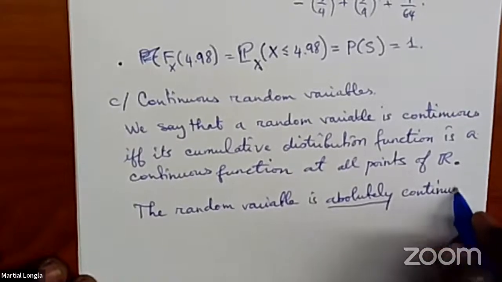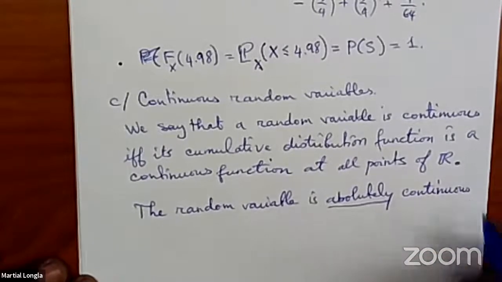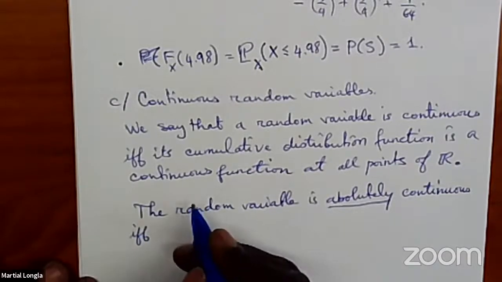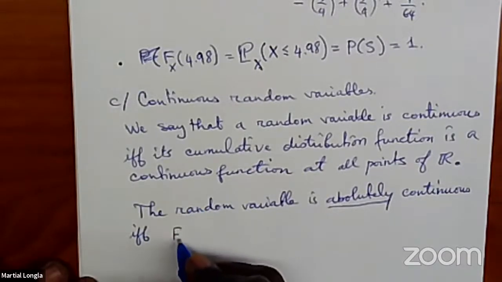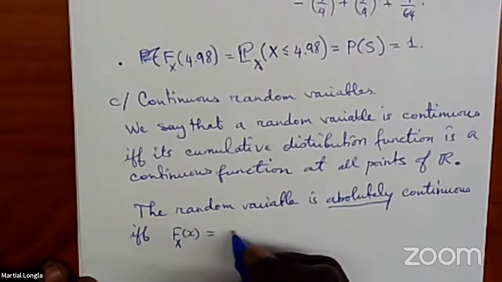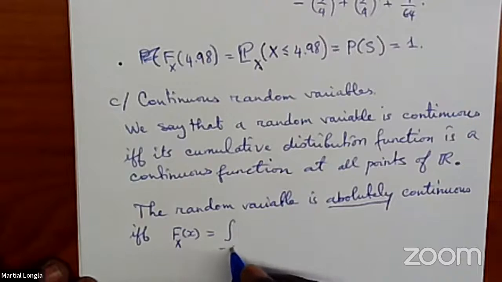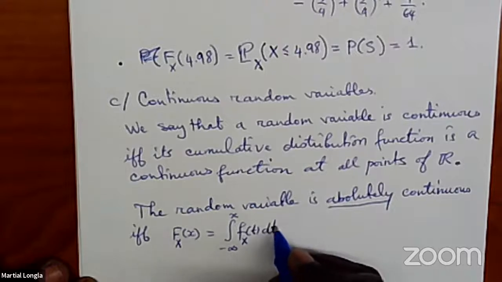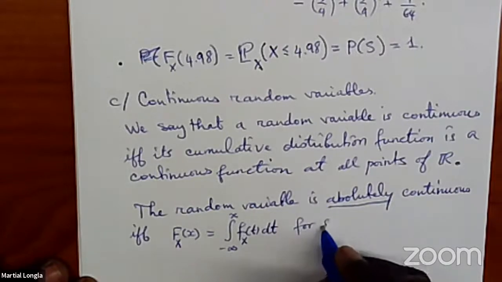That's the extra word. If and only if the cumulative distribution function can be written as the integral from negative infinity to x of f_X(t) dt